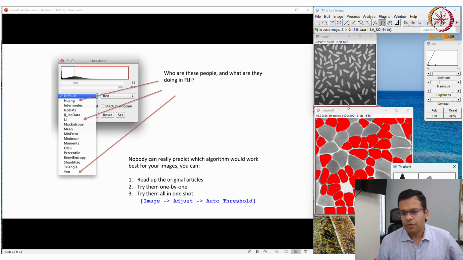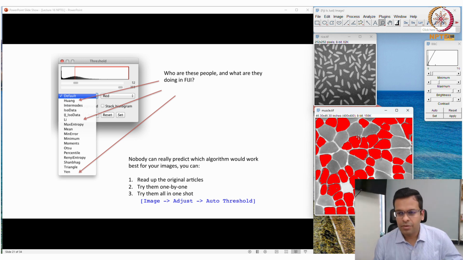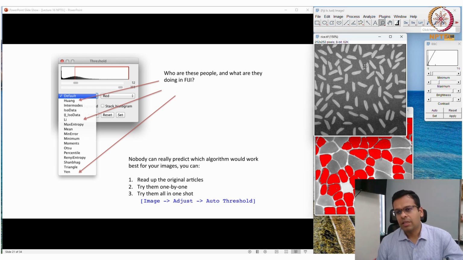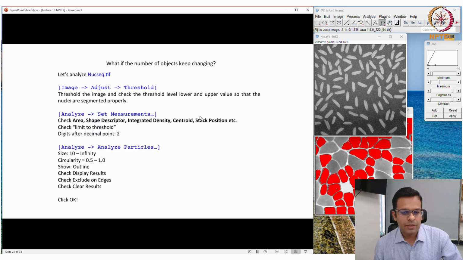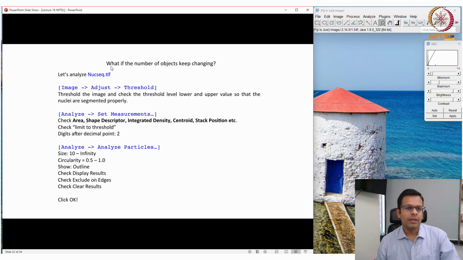So the idea is, for this kind of image where there is a huge difference in the intensity of the objects, you should not go for intensity based thresholding for image segmentation, but for the image where there is not a huge difference in the fluorescence intensity of your objects, then you can go for thresholding based segmentation. So let us move on to the next type, or before that, let me just show you another thing.